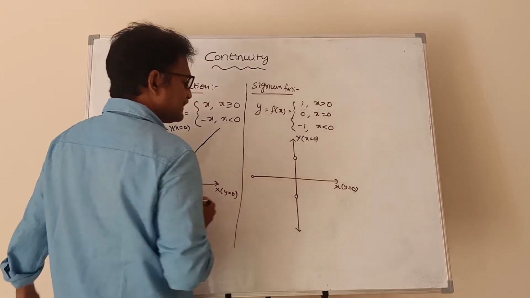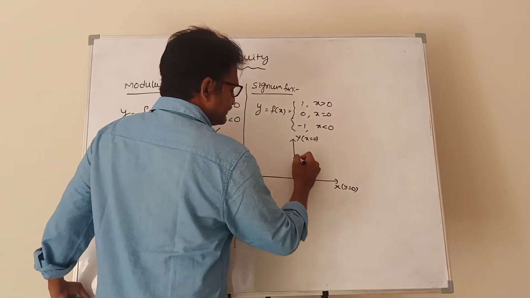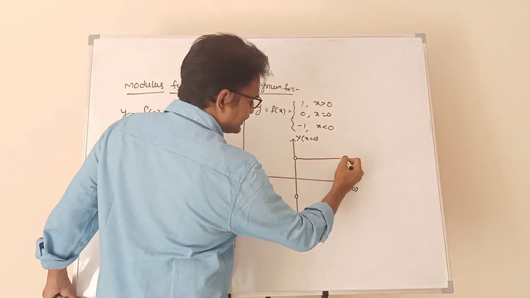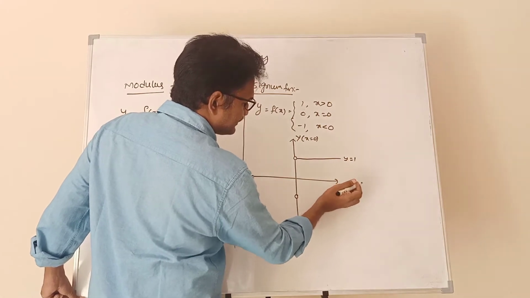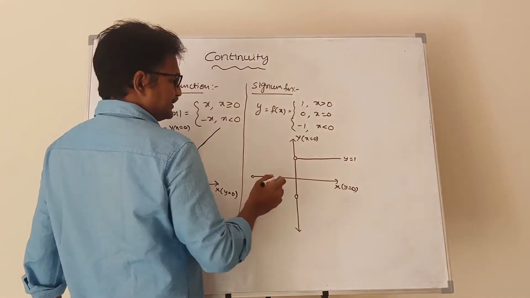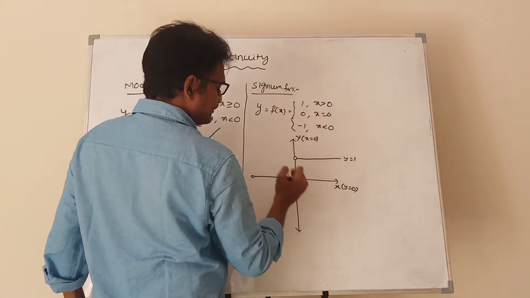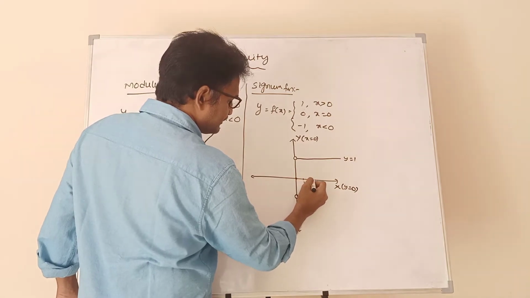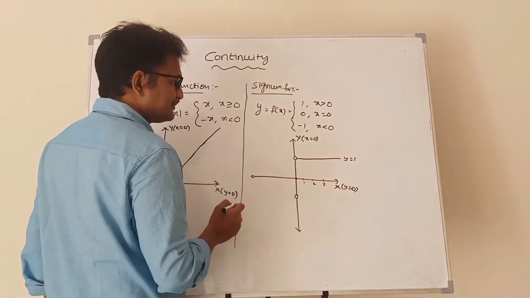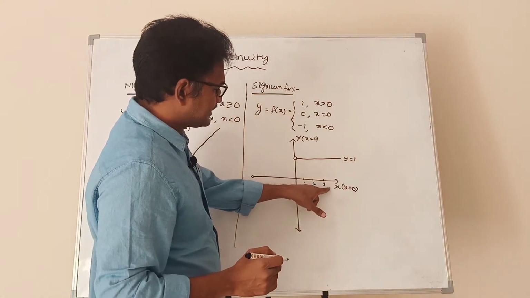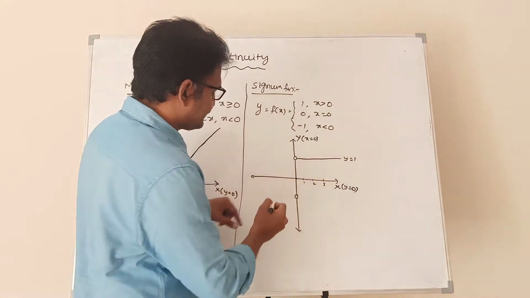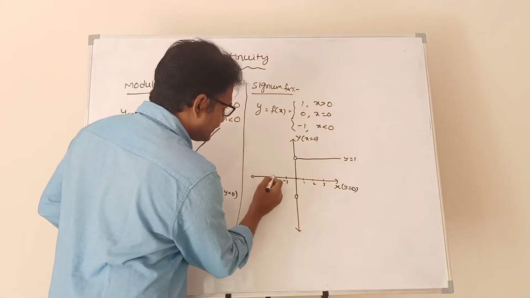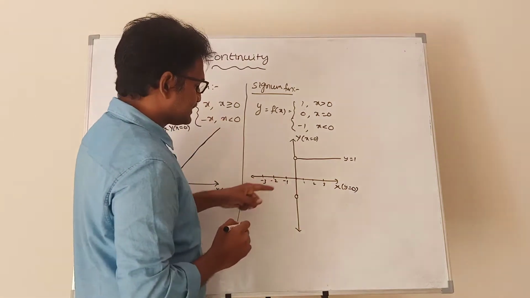This is a line, y is equal to how much? 1. At a distance of 1 unit you should draw this. y = 1. If this is the x axis, that means y = 0, and this is y = 1. So at x = 0, y = 0. For x less than 0, from here you take 1, 2, 3. On the right hand side of the x axis, x values are positive. Left side of the origin, x values are negative: -1, -2, -3, and so on.